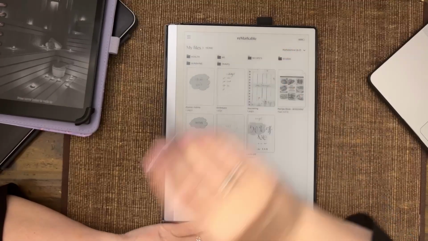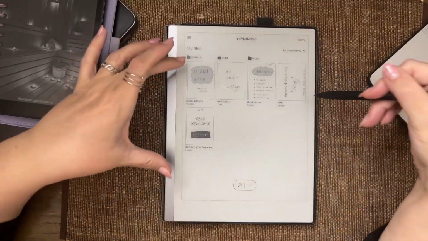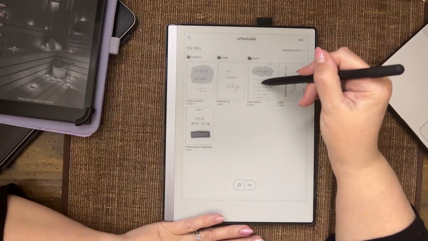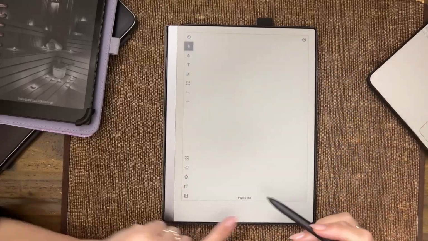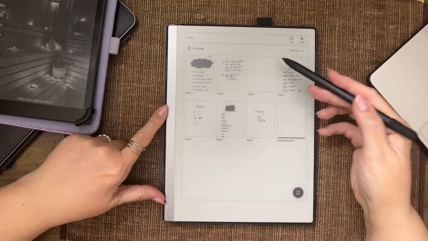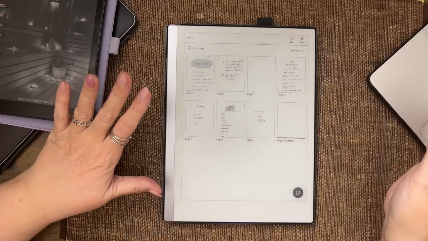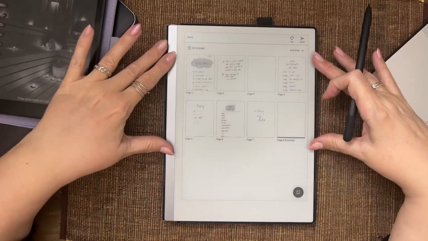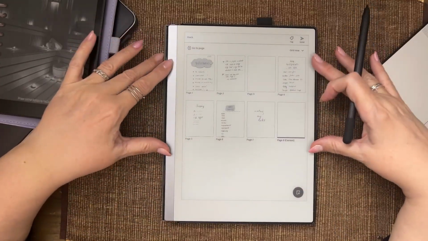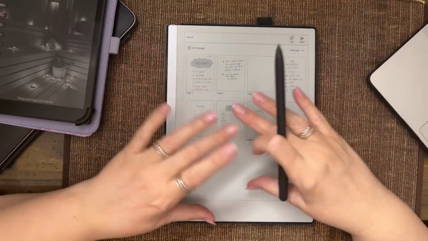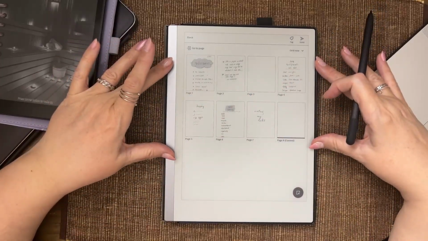And then when I tap on reMarkable, there are a few ways you can go back to your home folder. I'm going to go back into Quicksheets, and you'll see there are only 8 pages now, and my birthdays page is gone. And so that is probably the diligent workflow at the end of the day,